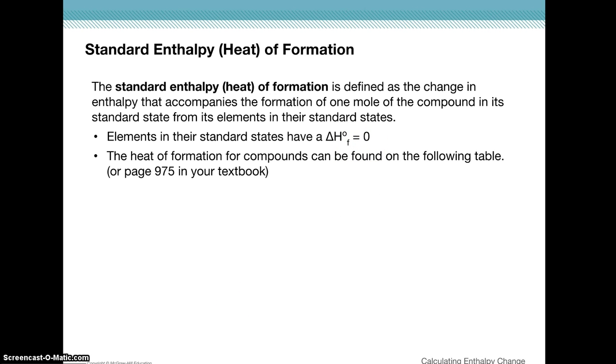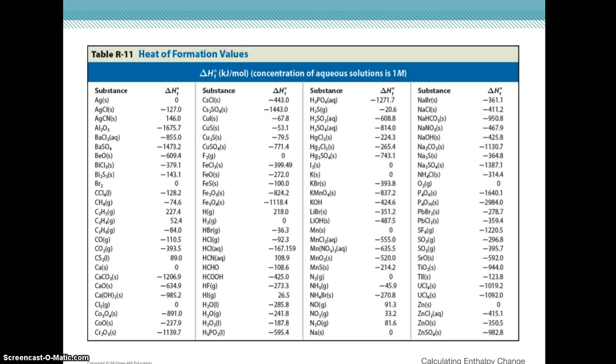For compounds, there is an entire table of heats of formation. It's on page 975 in your textbook, or you can see I have the same thing right here. So if you take a look, for example, the first one is solid silver. Its heat of formation is 0 because it's an element. But if we take a look at a compound, for example, CH4 gas, that's going to be its heat of formation. Okay, so we're going to be using this table